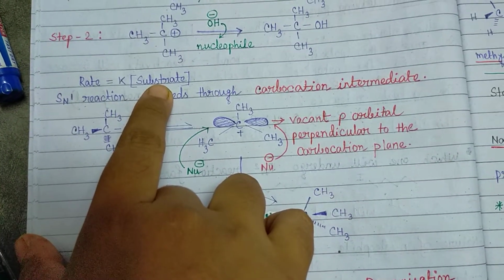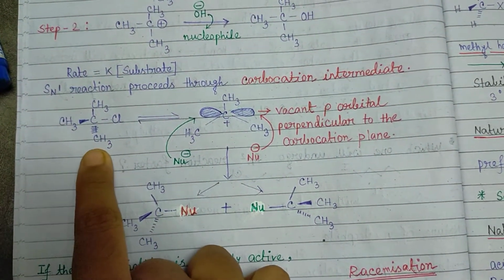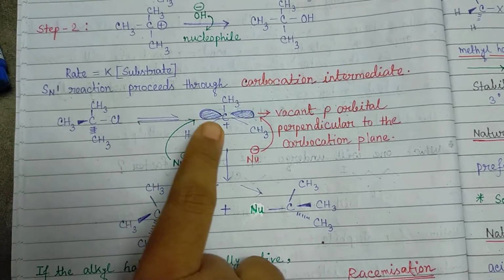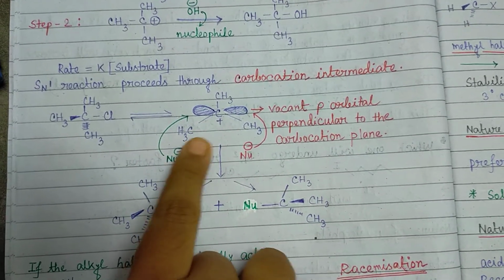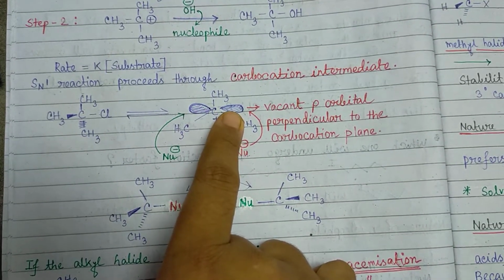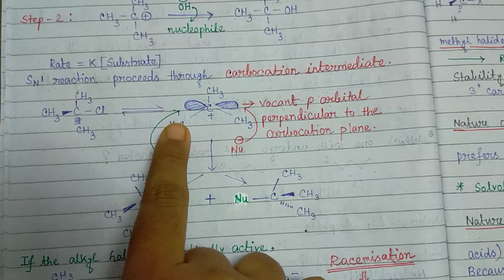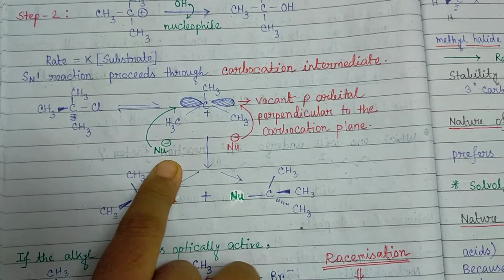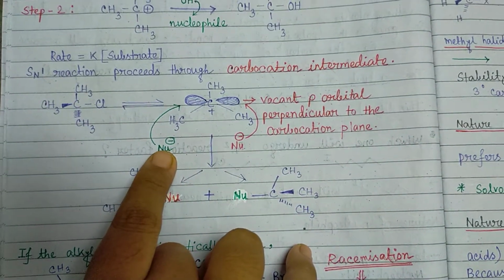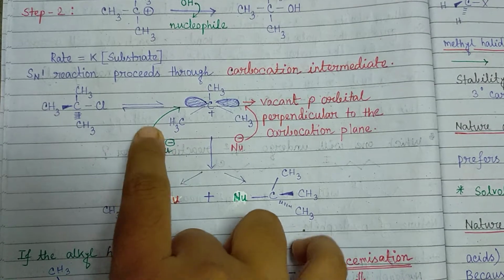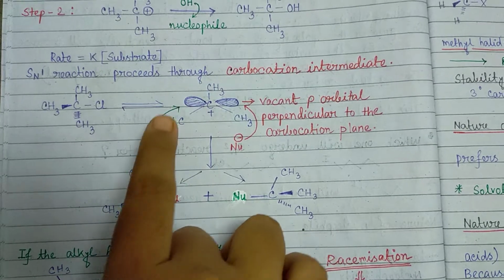Now about the stereochemistry, we can see that the carbocation generated in the first step, the rate determining step, has a planar structure, where the vacant p orbital is perpendicular to the plane of this carbocation. So there are two options for the nucleophile to attack the carbocation. In the first, what can happen? The nucleophile can attack from the back side of the leaving group, where the p orbital will be